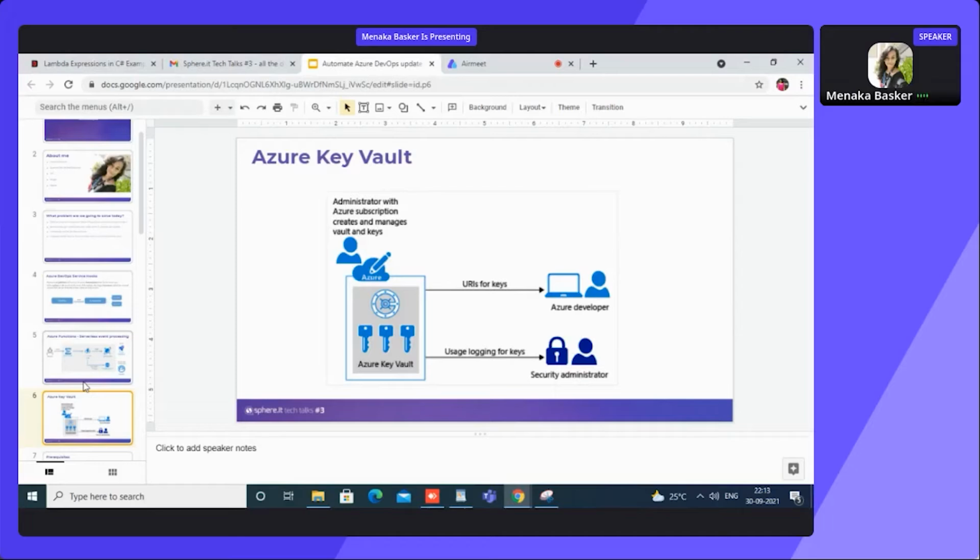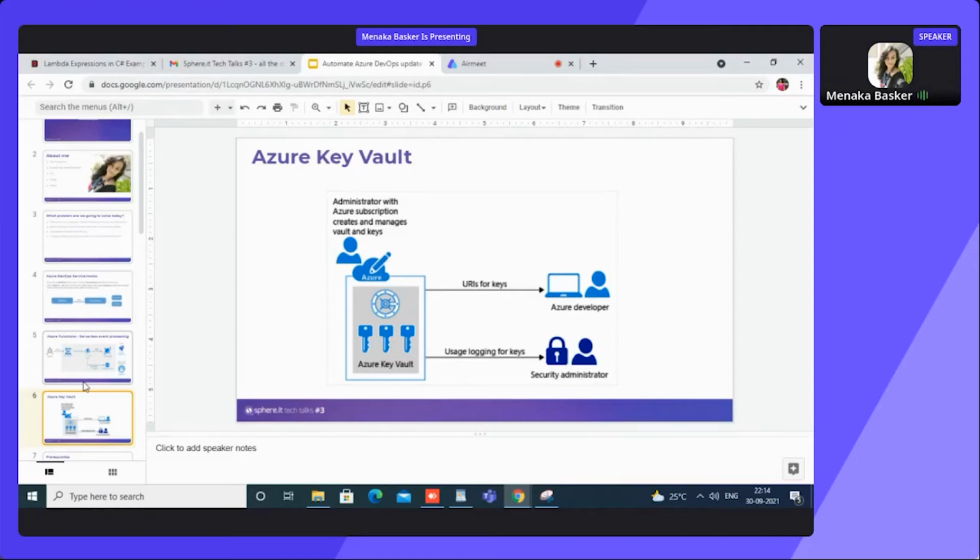I cannot simply give permission to someone to access or update a particular task in DevOps. So every time I need to authenticate, I need to tell the function it has complete rights to update the particular task. To do that administration and authentication related work, I need some service, so here I am using Azure Key Vault.